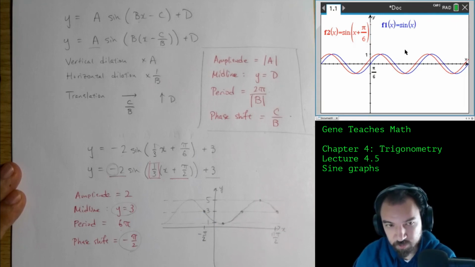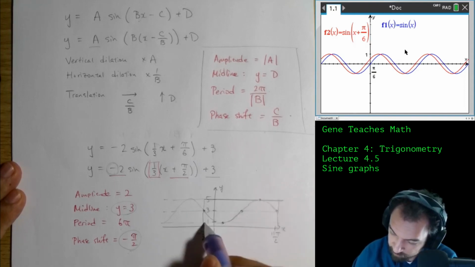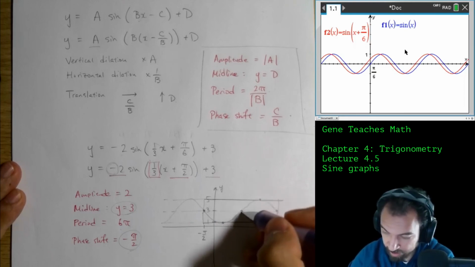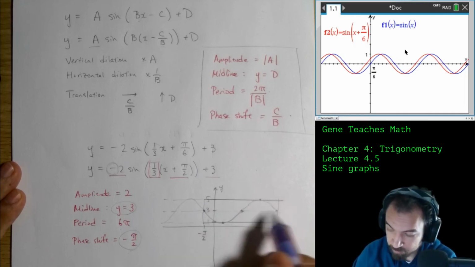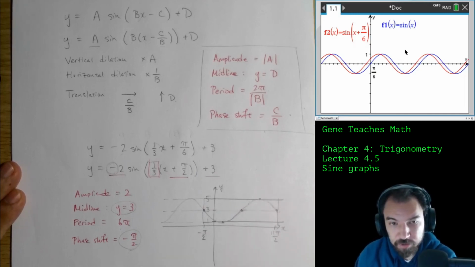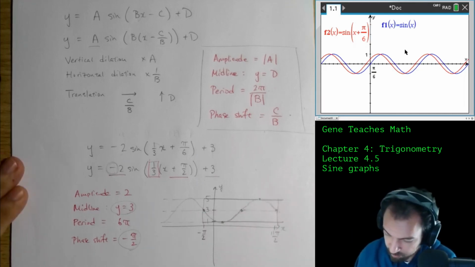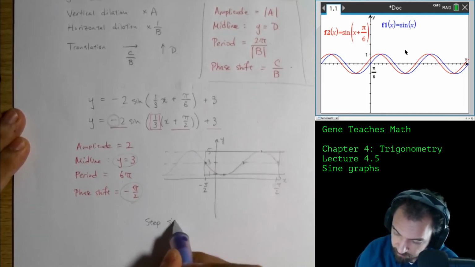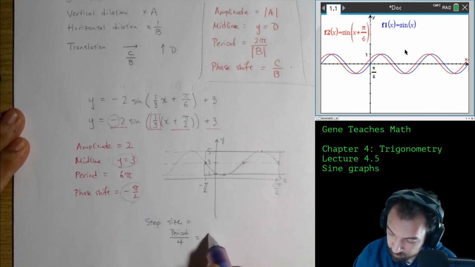Now, the last thing that's worth pointing out today is if I look at one period specifically, right? I said within that period, halfway between the beginning and the end, I hit the midline again. Then halfway between those, I hit either the top or the bottom, and halfway between those, I hit either the top or the bottom. This effectively divides my period into 4 equal horizontal segments. So I will often think of this as the step size, which is period divided by 4. In this case, that would be 6 pi divided by 4 is